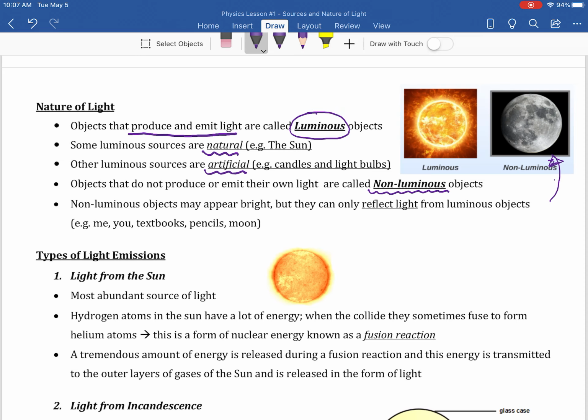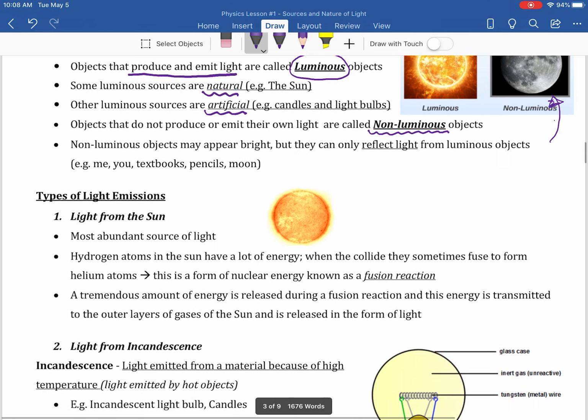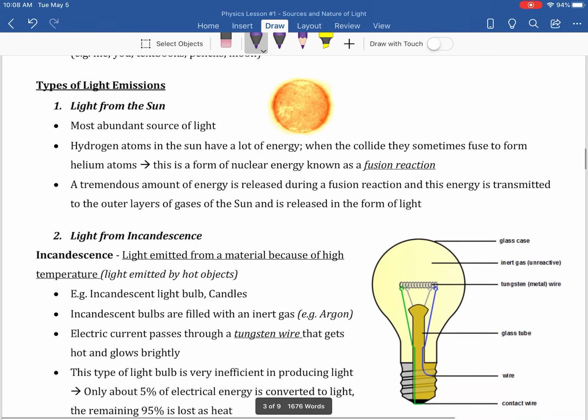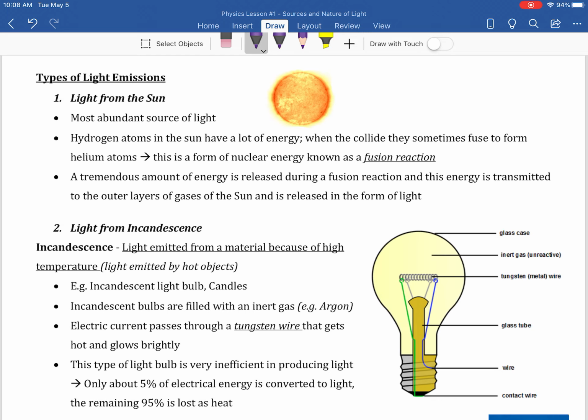Okay? So, having said that, let's take a look at a couple of different types of light emissions. So there's a couple of different types of light. So the first type of light is the light made from the sun. So the sun is a very bright entity. It's what makes living on Earth bearable. Okay, it warms our planet up enough that we can actually live on it, and it provides us a day,